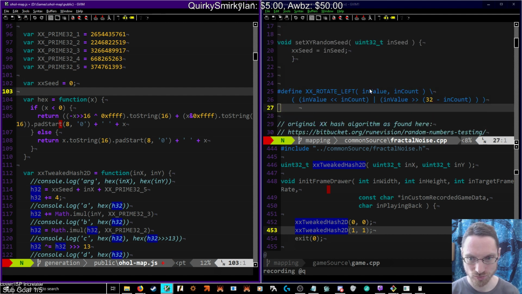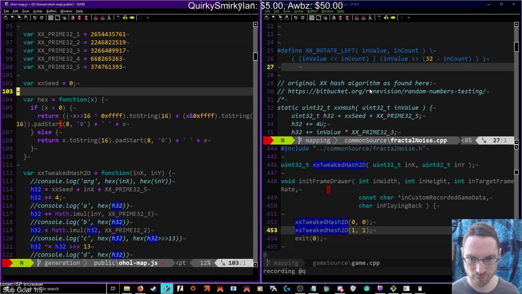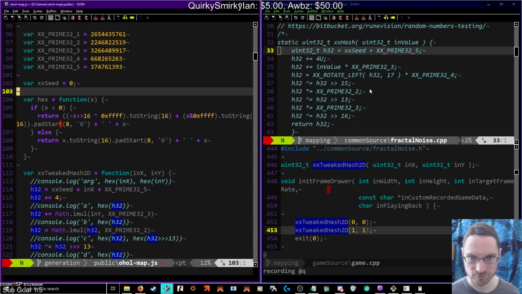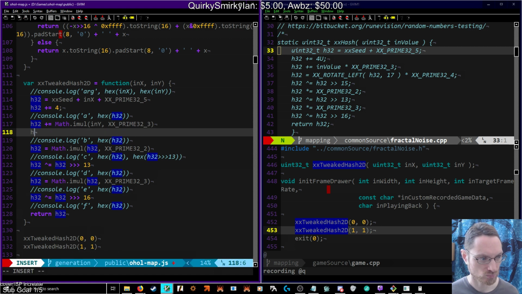So it's down one way, so it's left by count and right by 32 minus count. So it was +4 plus u